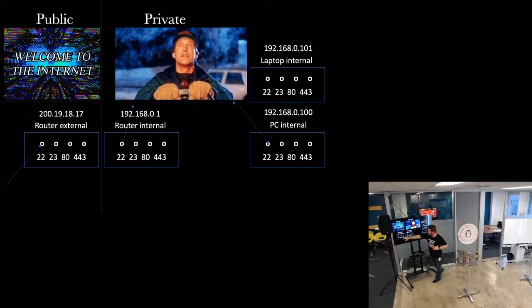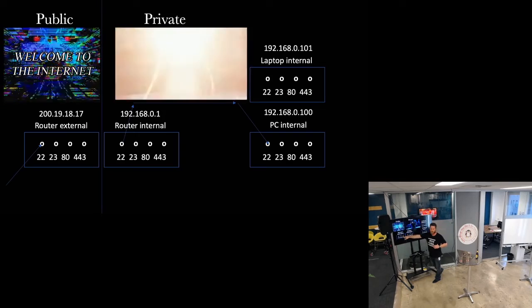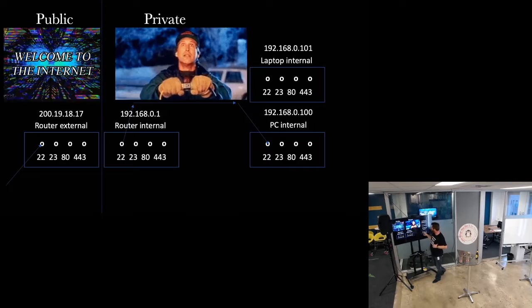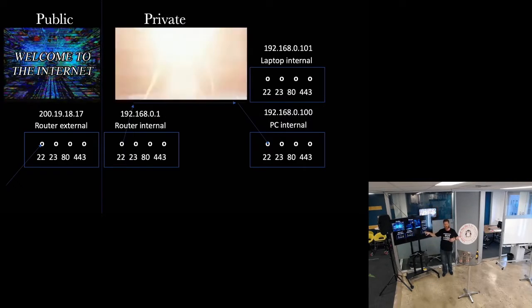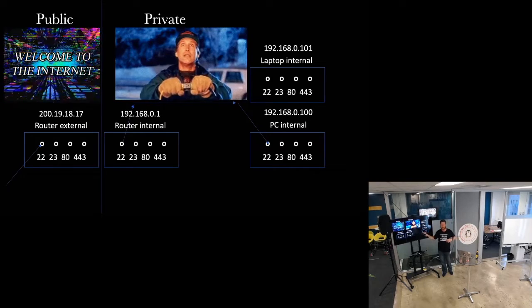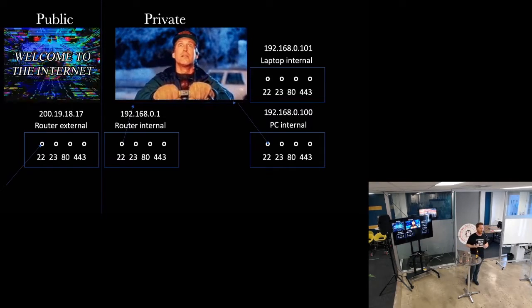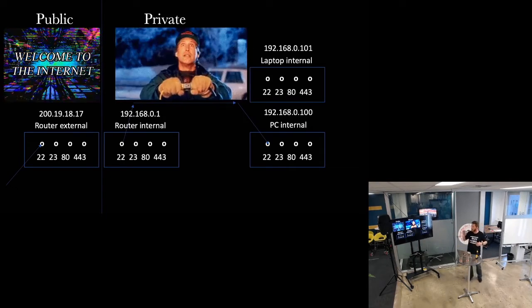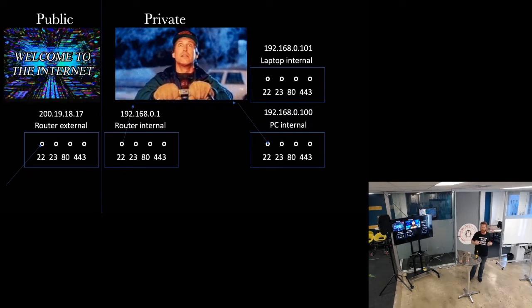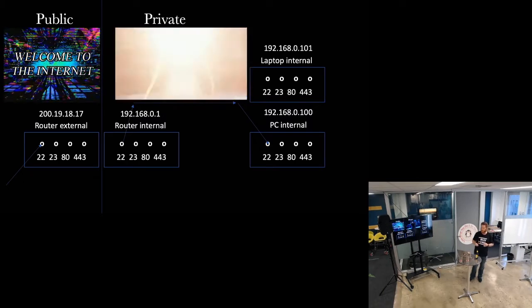So if something hits port 22 externally at your public IP address, with port 22 as part of the socket, and you have port forwarding set up to go forward to your next computer, that will land on port 22 at the device you set it up to. But if you don't have this port forwarding set up, you can't get access to the computer you want to access at home or behind a bastion server, for example. So this is a really important topic to understand. When you've got NAT, network address translation, you can't just get through to any computer that's out there. It has to have a public IP address and an available socket.